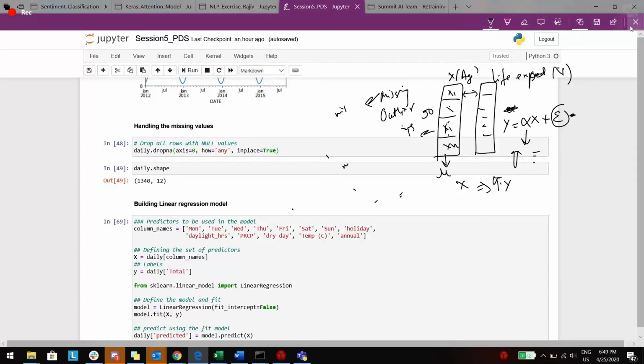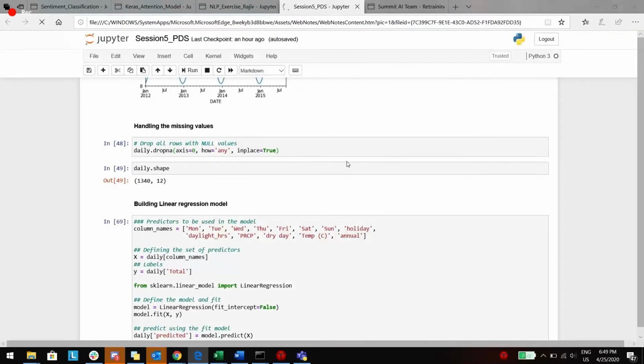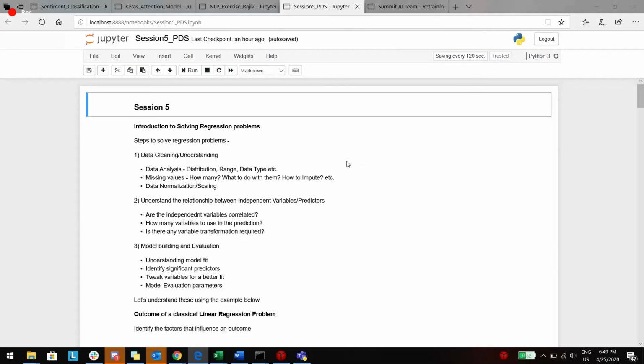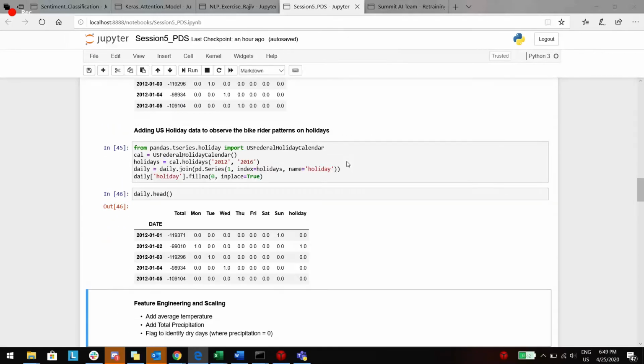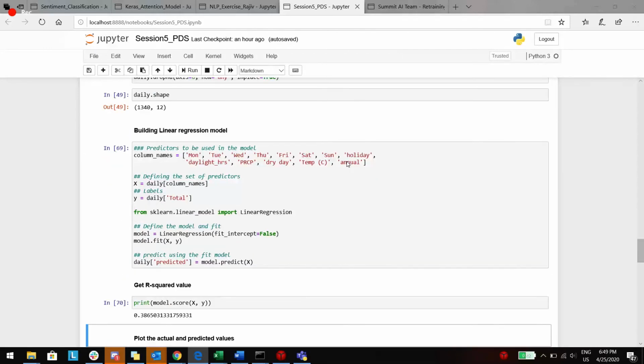Okay, so let's move on then. Now we have reached the place where we are going to fit this linear regression model.